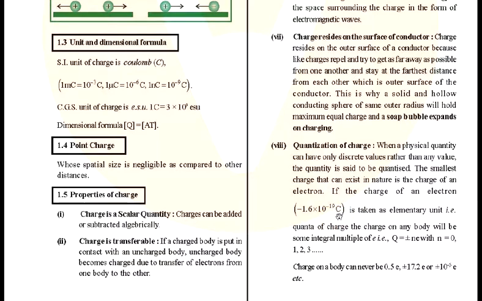So when a charge exists, it will be a multiple of this value, where we represent this charge by e, so q equals n e, and n is an integer, also including 0. So it can be either positive or negative. Charge on a body can never be 0.5 or 17.5. I have already told you that it cannot be a fractional value. It is always an integral multiple of e. What is e? e represents the elementary charge.